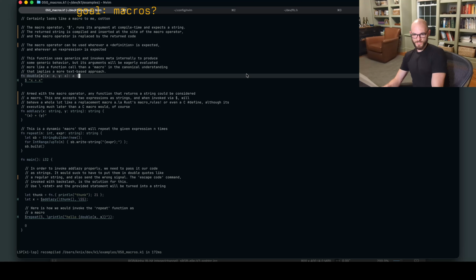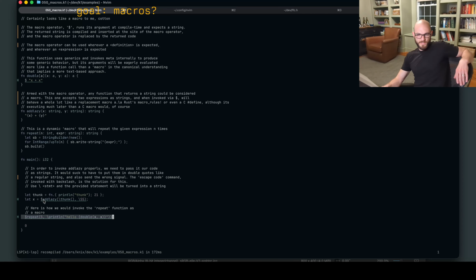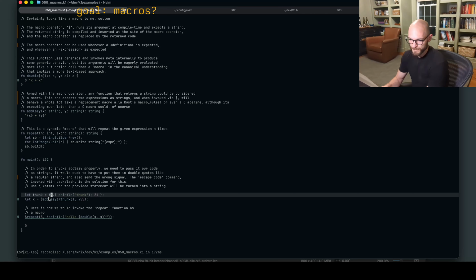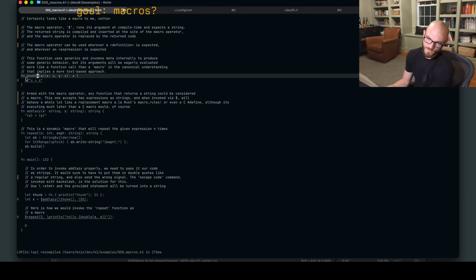Cool. Language is now harder to learn and way nicer to use. It's not any harder to learn. It was already completely foreign and esoteric to do the hash meta and hash code. So we could write a version of double that takes its arguments by name or by text.